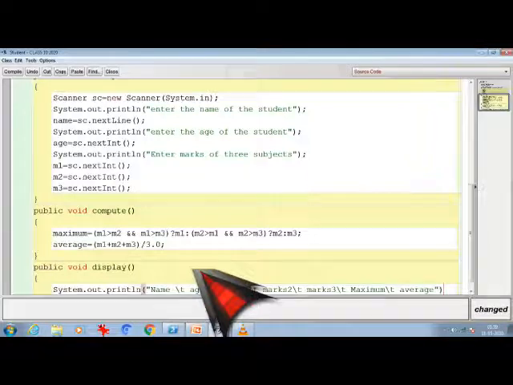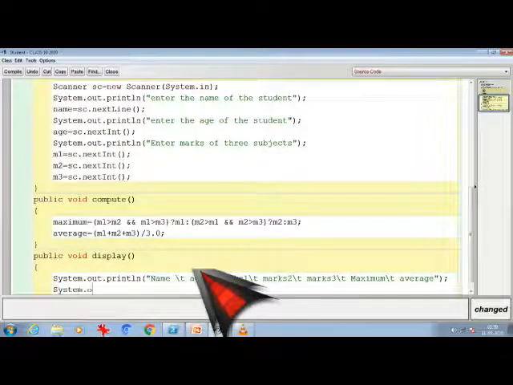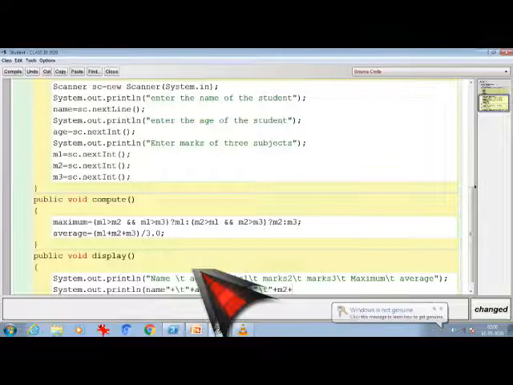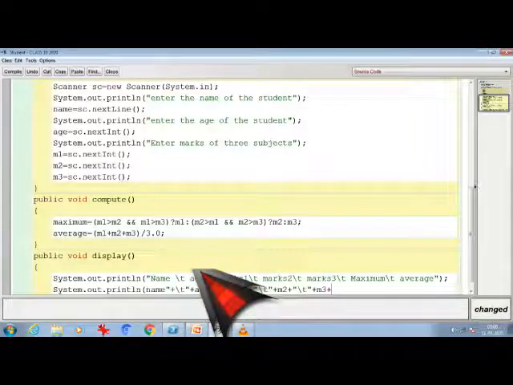Once I'm done, I'm going to print all the values one by one. Please be careful how I'm printing. First the variable name plus double quotation \t, plus again the variable name for age is age, again plus double quotation \t, plus marks is with m1, plus double quotation \t, plus m2, plus double quotation \t, plus m3, as these are the variable names containing the above heading values. \t will give me a tab or space.